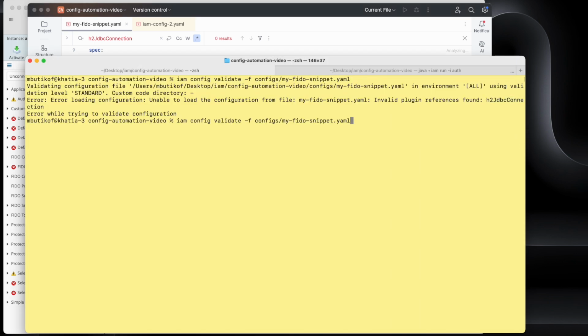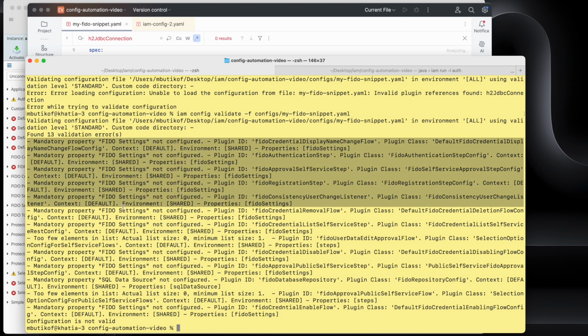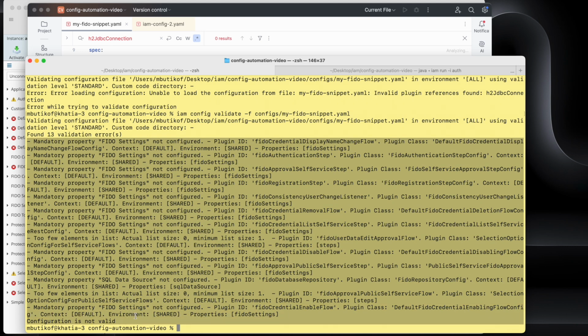By the way, if there would have been a lot of dangling references, then you would get all of them together. So you don't have to run the validation command every time. So you get a list. The list was just consisting of one dangling reference. Now you see that there's a lot of validation errors, but when looking at them, they're actually okay because